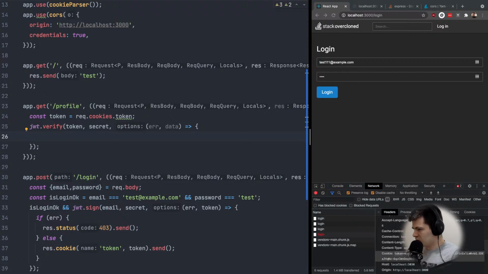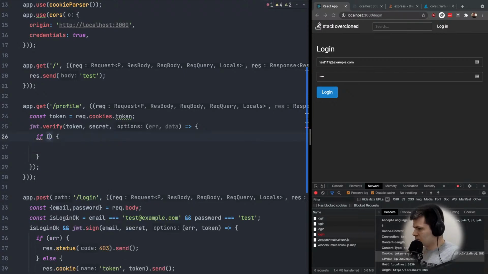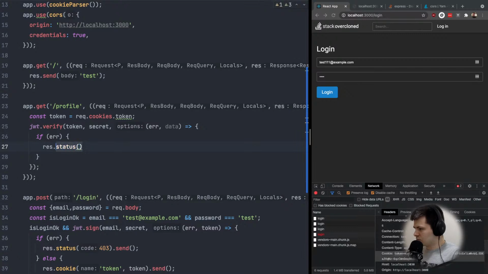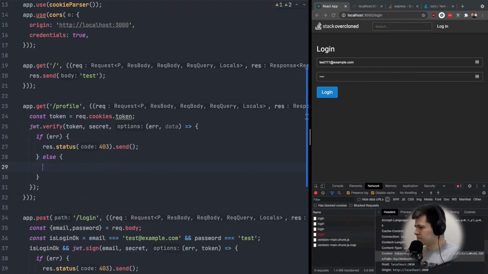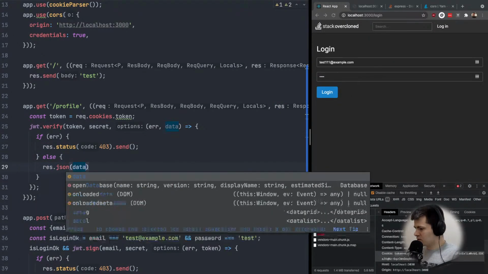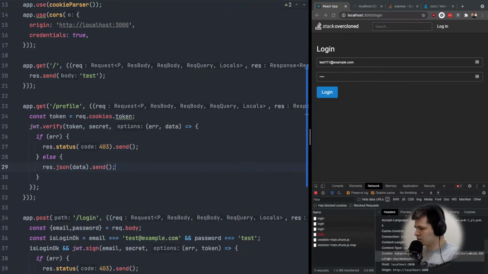So if there is an error, then we want to send it as a response. Status for free, and let's send just for free. Else response JSON data and send. So now